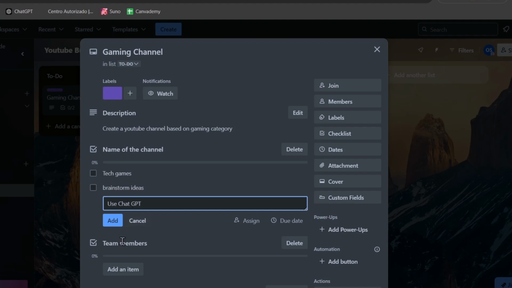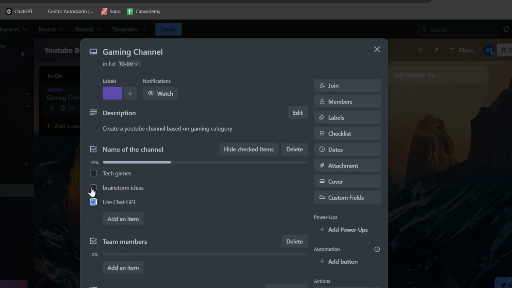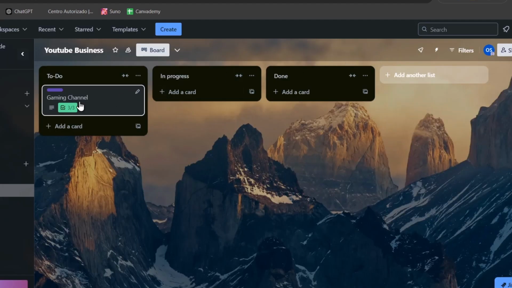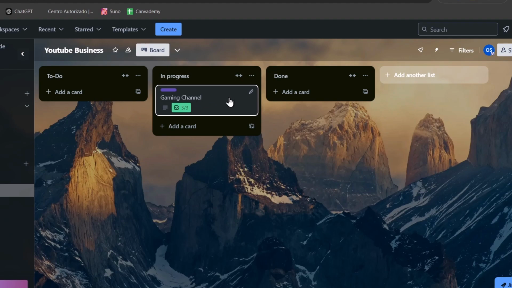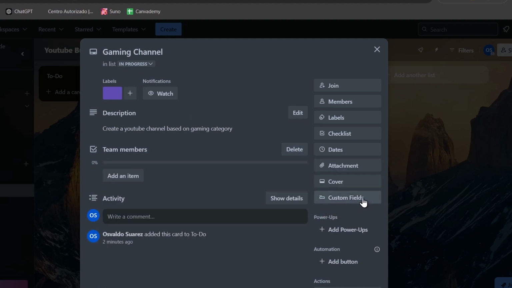As you finish this mini checklist, just hit the check, and this mini checklist should be now finished. So that means that if I close this, the to-do list task has this check mark done. When I have done this process, then I can just drag and drop this into in progress. So that means that I can now click in here and delete this checklist so I can start a